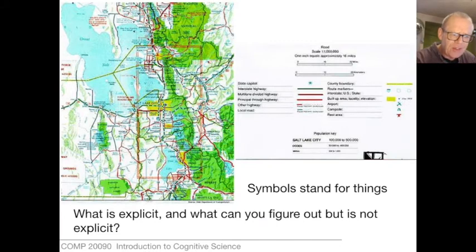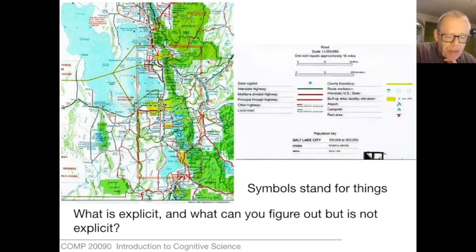It wasn't that easy. So you can see that the information in this map relates to the real Salt Lake City in various ways. Some of these ways are symbolic, as in the use of an airplane to stand for an airport. Some of these ways are not symbolic but metric. That is, the measurements of that piece of string relate to measurements on the ground in a principled, law-like fashion.